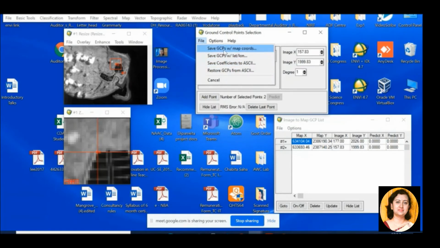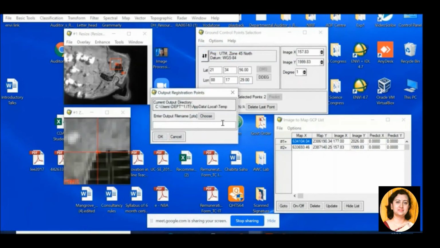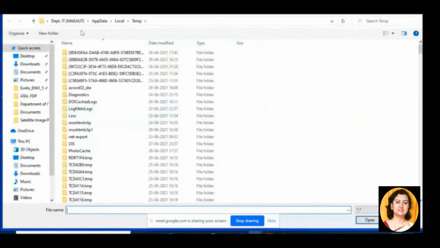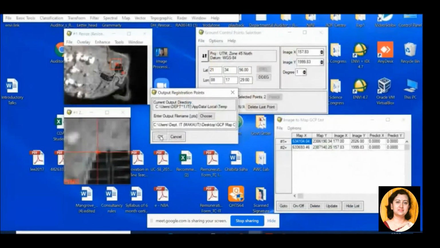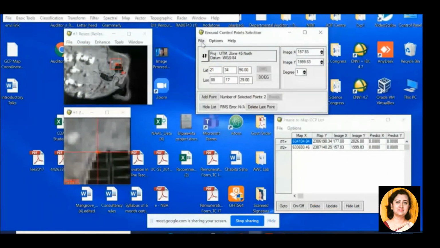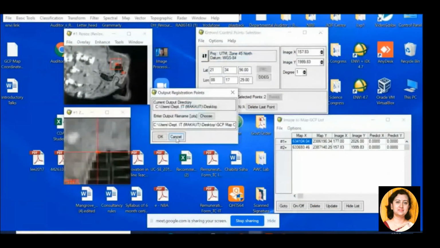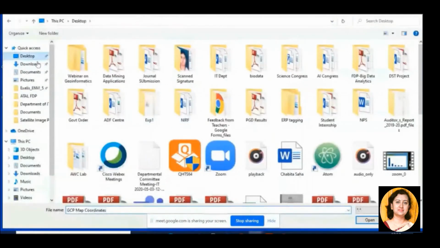Now let us save it as map coordinates, and let us name it GCP map coordinates. Okay. Now let us also save it as latitude longitude values, GCP lat long values.